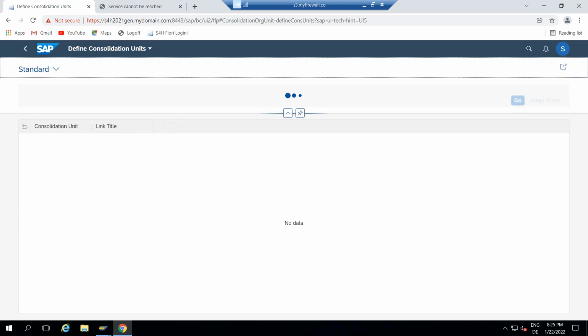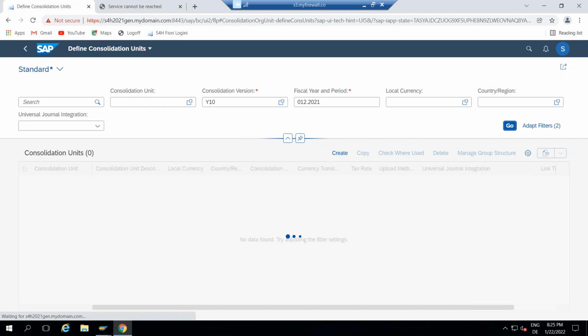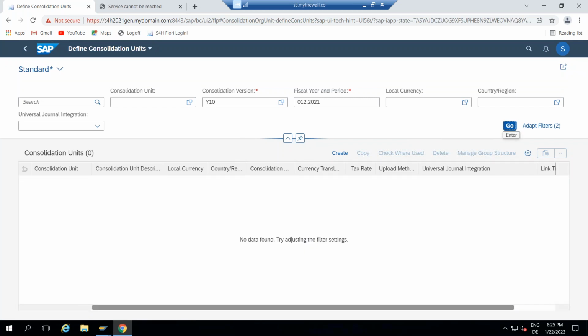So we got the server of 2021, but I could not find any master data here because they have not activated the best practice content. So mostly I'm following up with them to activate the best practice content, as SAP suggested to activate 1SG best practice content for the financial consolidation. They have not done that. So if they do that, then we'll go ahead and continue our course in 2021. If they don't do it,